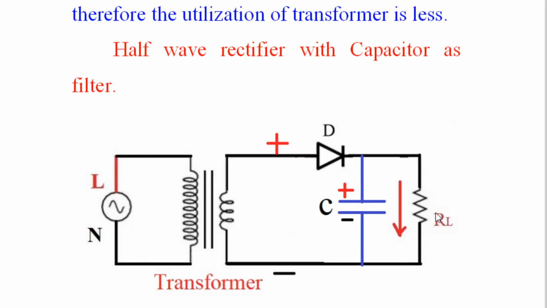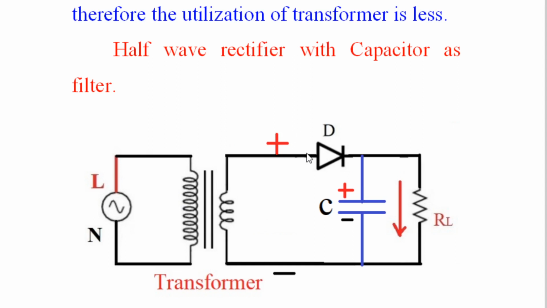Remember, here again the current flows from the upper terminal to the lower terminal of resistor R. This is the plus terminal and this is the minus terminal. Here plus, because when the positive half cycle is going on at the anode of the diode, here it is plus, and neutral is 0, that is, it is stated as a minus. So now what will happen? What is the role of the capacitor?